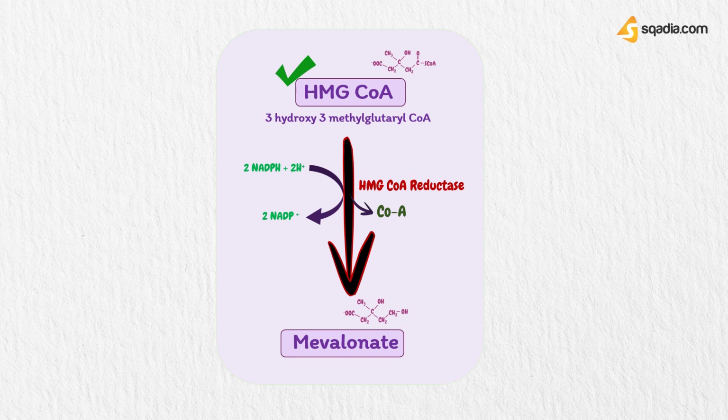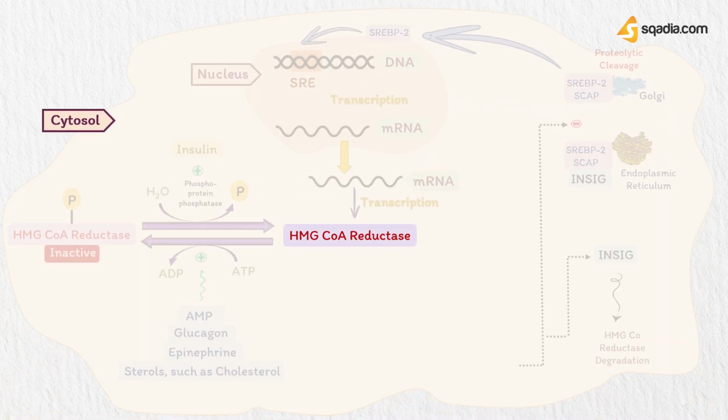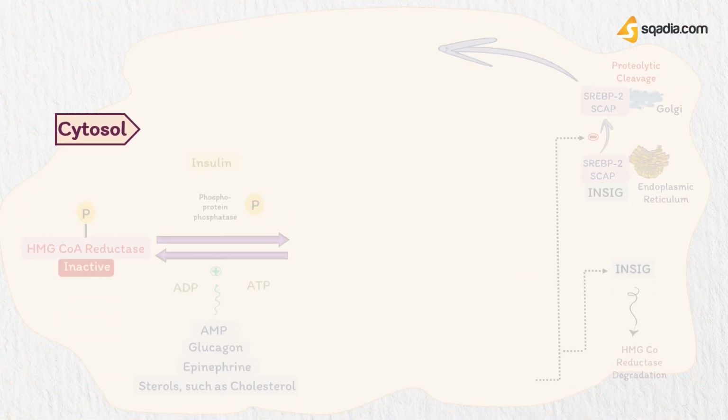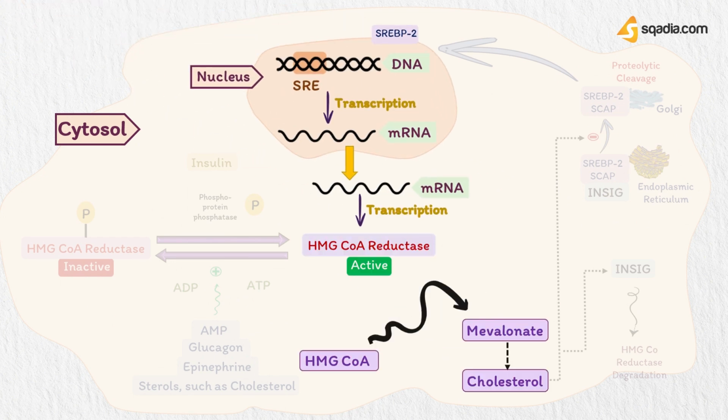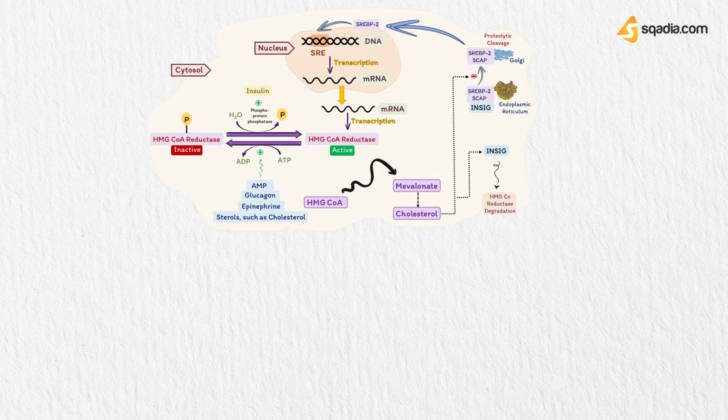Please note that HMG-CoA Reductase is an extremely important enzyme in the cholesterol synthesis pathway. It is a rate-limiting step. Moving on to HMG-CoA Reductase, its synthesis is actually induced by the transcription factor, sterol regulatory element binding protein, or